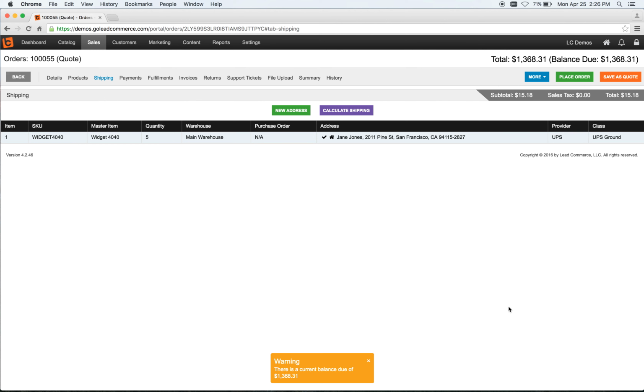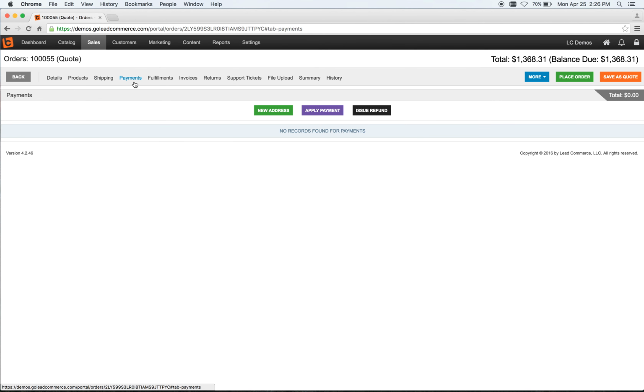Shipping has now been configured, and you'll notice that we switched from USPS to the UPS provider, using UPS Ground as the class of service. The last step on placing a sales order is to indicate whether payment is going to be taken now or payment will be applied later. In Lead Commerce, payments are not required in order to place an order, and there are different payment methods that can be used. If I click on the purple Apply Payment button,